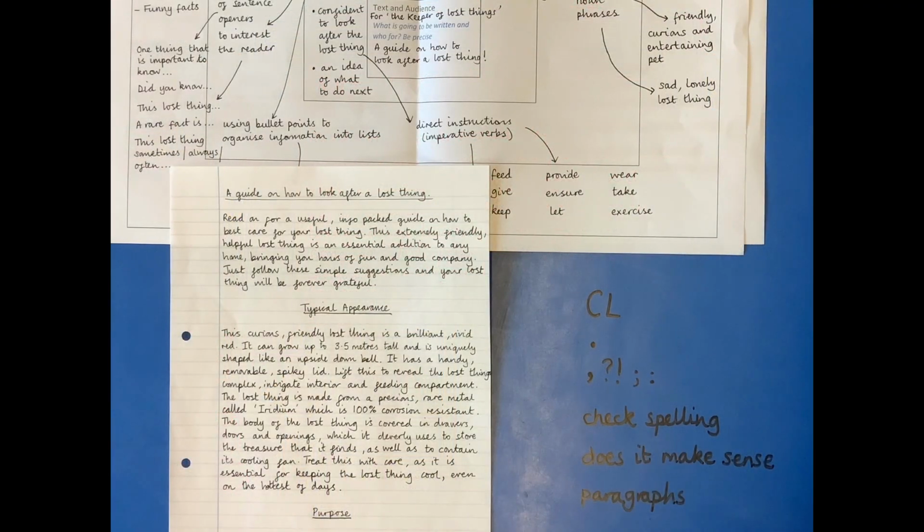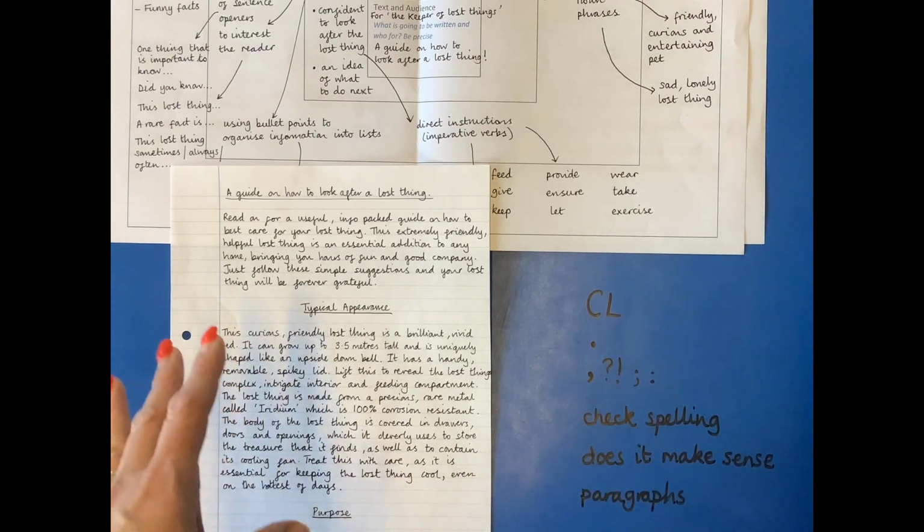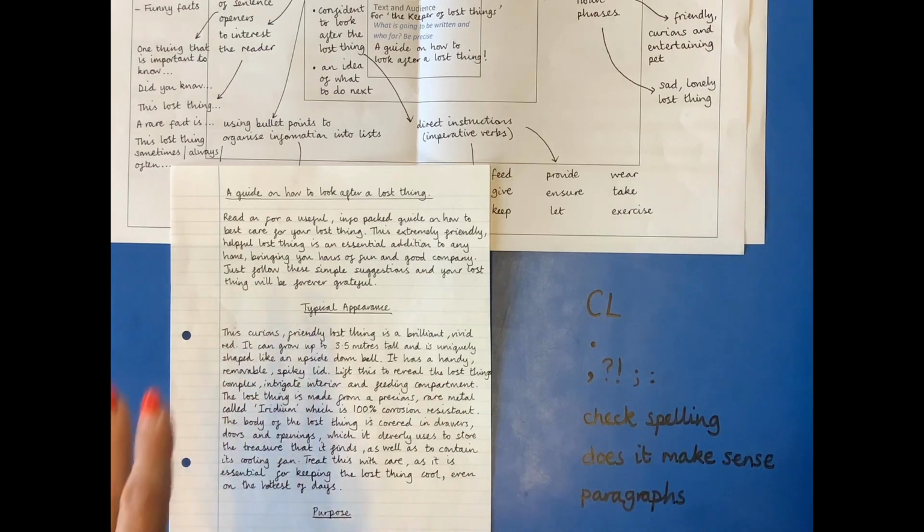Okay, so you can see I've organised my workspace, so I've got everything that I need. And I've made a start on my guide already. Now, this is going to take you 3 days to write, so don't feel you've got to write all of this today. And also, it's very much about going back through your book, finding all the bits that you've already written over the last couple of weeks and putting them together. So already on my guide, and it's up to you, you can either handwrite it or if you want, you can type your